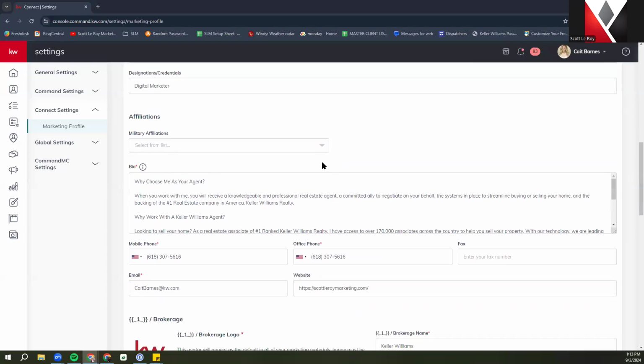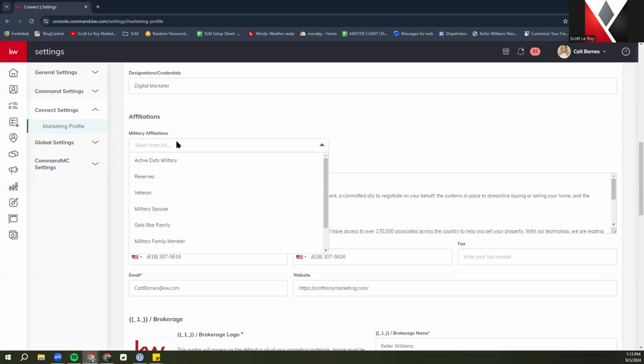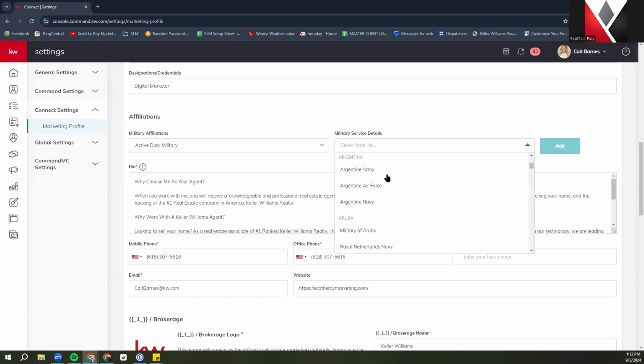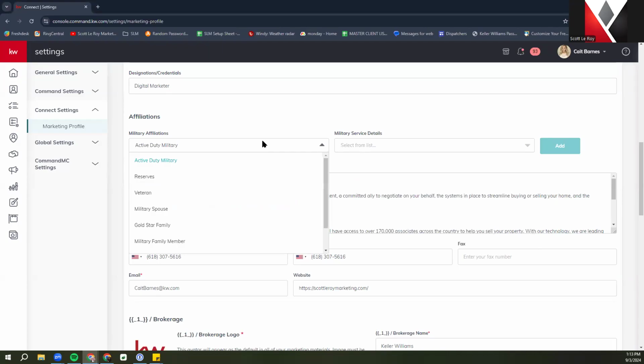Moving along, we do have the affiliation section. So if you are current or past military, and you do want that to be shown on your website, you can. If you were part of the military in another country, there are also options for that as well. So when you click on, say, active duty, you'll see that there's a bunch of other country military services here as well. If you were not in the military yourself, but your spouse was,